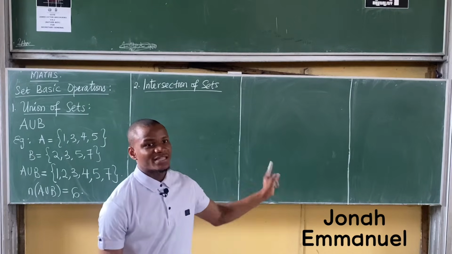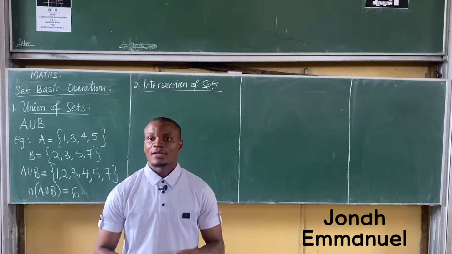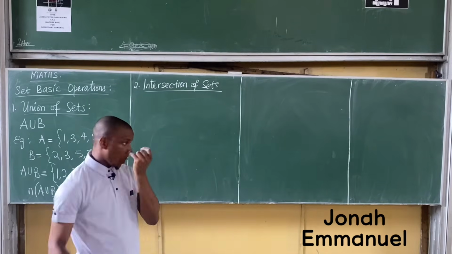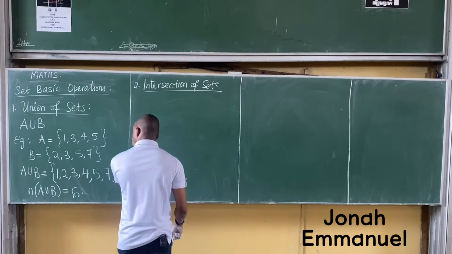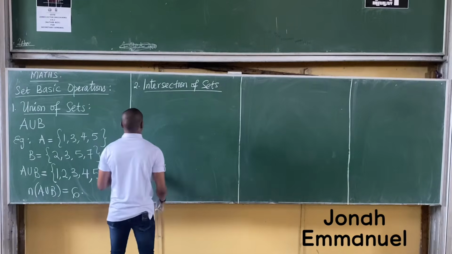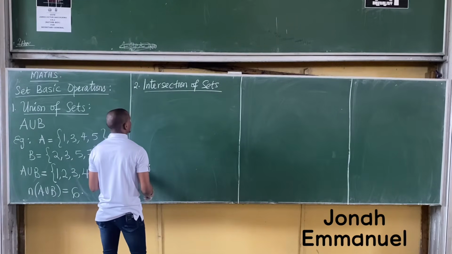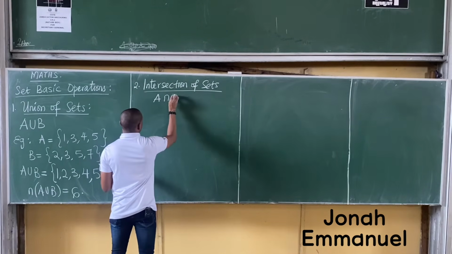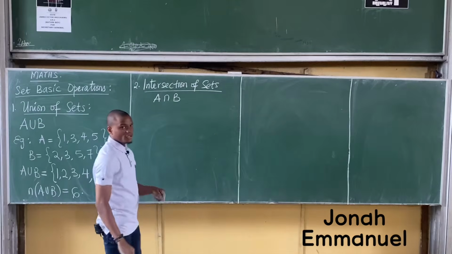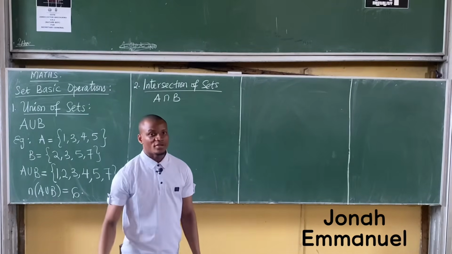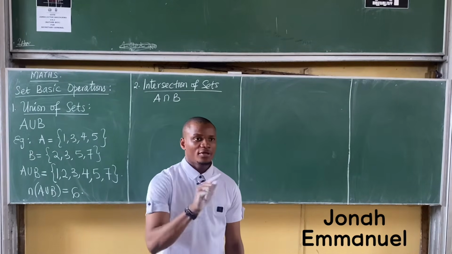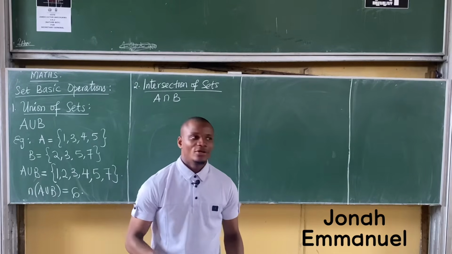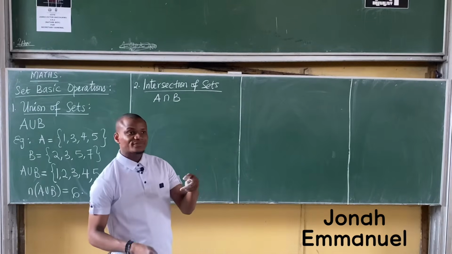Let's look at intersection of sets. Given two sets A and B, their intersection is written as this: A intersection B. A intersection B. So this sign